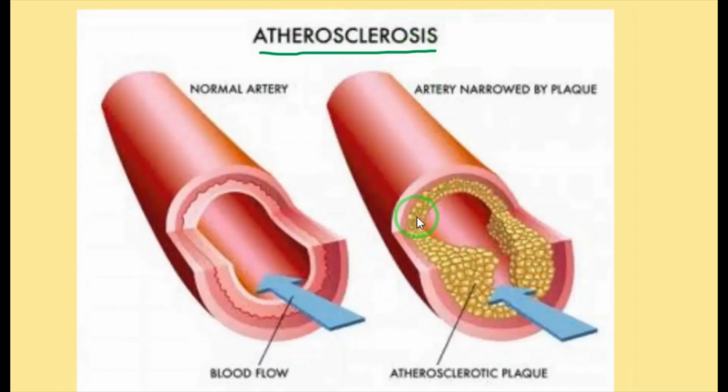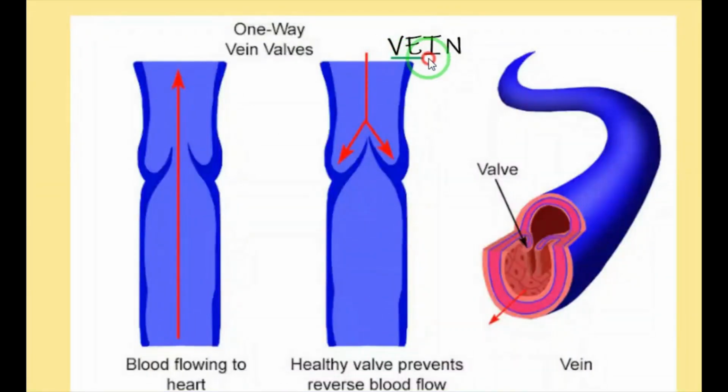One who is getting this problem can sometimes get relief with the help of medicine, or else can get an operation or surgery. So through surgery also he or she can get relief. Anyway, two ways: one is medicine and another one is surgery. So the condition or the disease is known as what? Atherosclerosis.